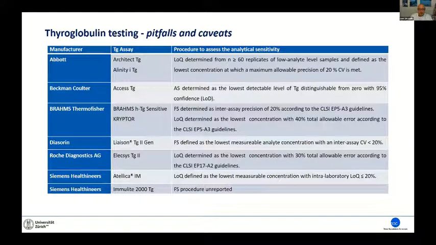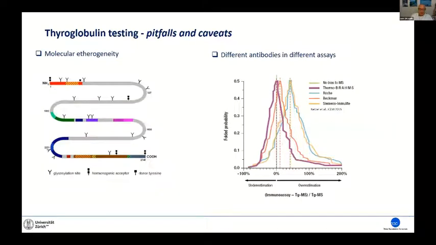It is also important to note that when using one assay, the sensitivity is evaluated by the manufacturer differently. This is not to evaluate in depth, but it's just to show you how different manufacturers for different platforms use different methods to set the sensitivity of their methods. And to add